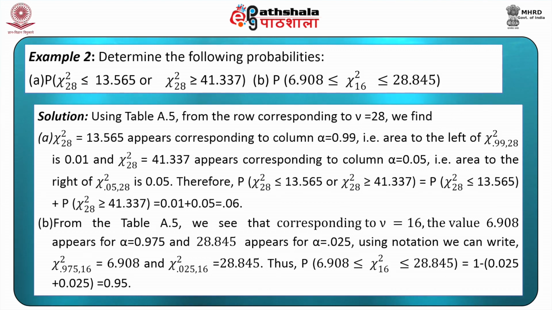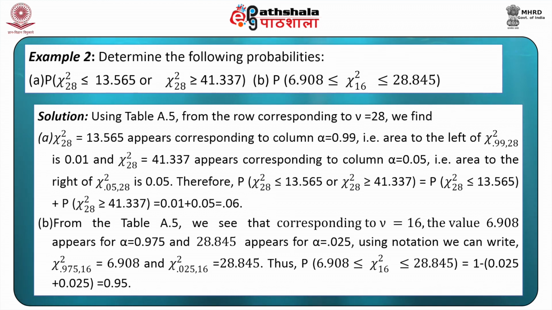And chi-square 28 is equal to 41.337, which appears corresponding to the column alpha equal to 0.05, which is the area to the right of chi-square 0.05, 28. Therefore, the required probability for these two intervals is equal to 0.01 plus 0.05,